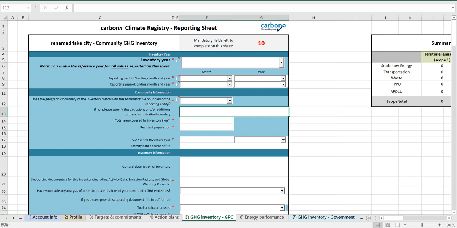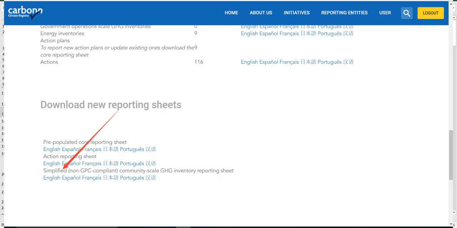How to report the inventory GPC sheet. It is the place reporting government tracks the greenhouse gas inventory within its geographic boundary according to the requirement of GPC, Protocol for Community Scale Greenhouse Gas Emissions. If you face difficulty to fill in the inventory according to GPC, you can download the simplified version from the